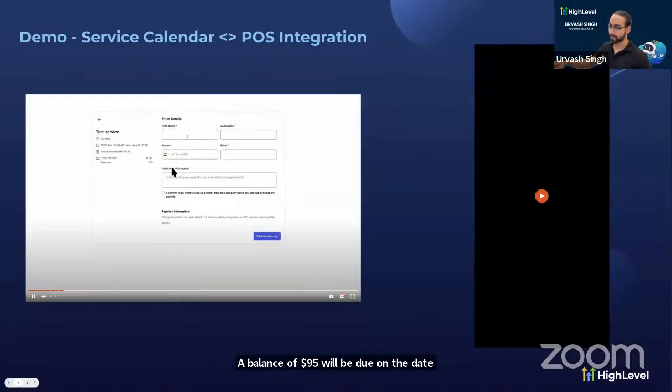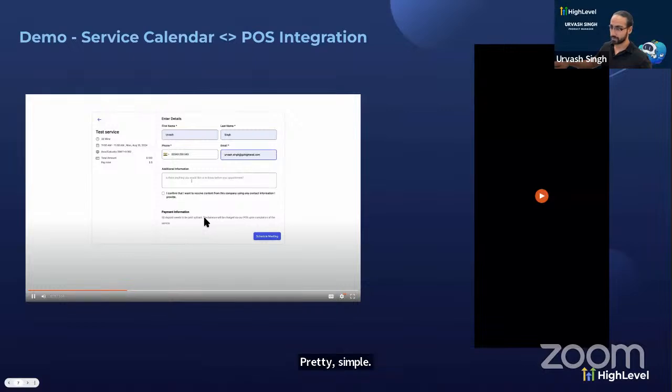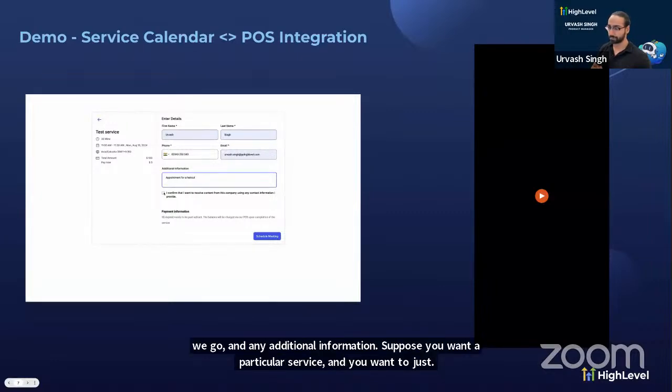So there we go. I've selected an appointment. Let's just quickly enter the details, fill out the form. Pretty simple. There we go. And any additional information, suppose you want a particular service and you want to just type it out for your reference. There we go. Appointment for a haircut and